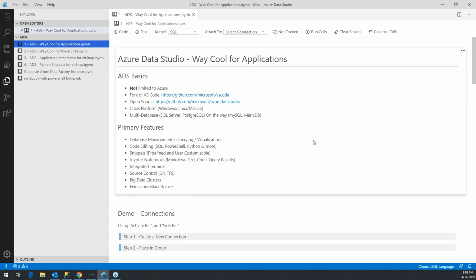Azure Data Studio is a fork of VS Code. VS Code is part of the new breed of software from Microsoft, which is open source, cross-platform, multi-database. From that fork, additional features, capabilities, and functionality have been baked into Azure Data Studio, but at its core is VS Code. And so as new features arrive at VS Code, you will likely see a form of that feature